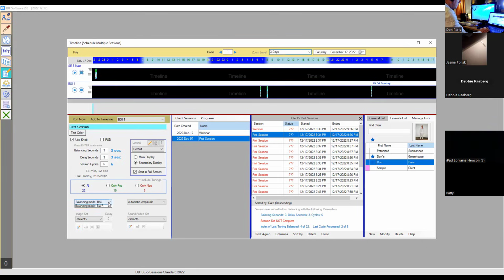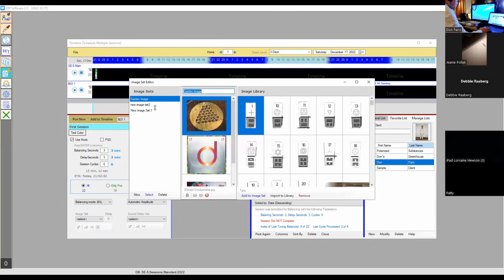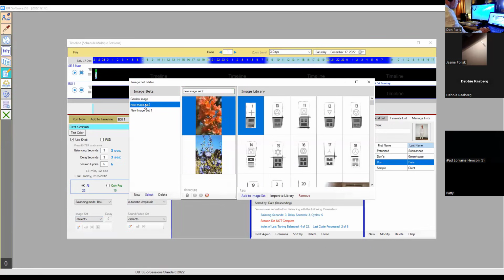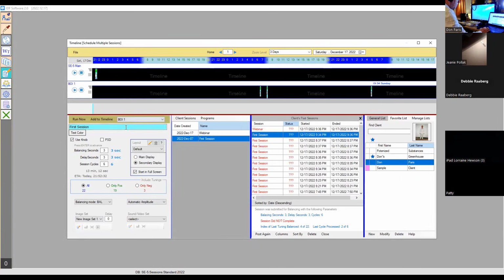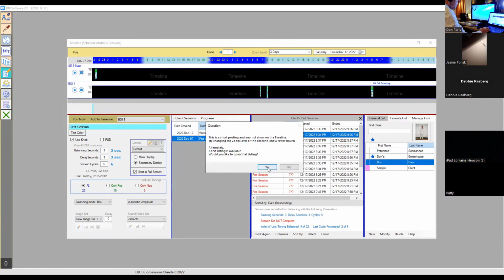Down here, you can tell it to run with your light cable, balance with pulse or balance with light, automatic amplitude or manual, or set it at 50. A lot of the features are similar. The image sets, you can add an image set to the session. I have a few of them here that I've done already, and then you just select it. And when I post that one, or run it, whichever I want to do, then it will